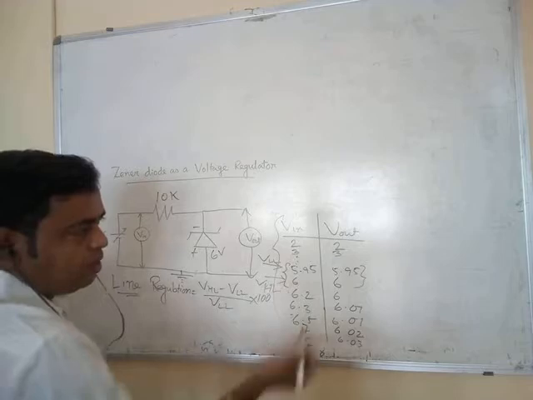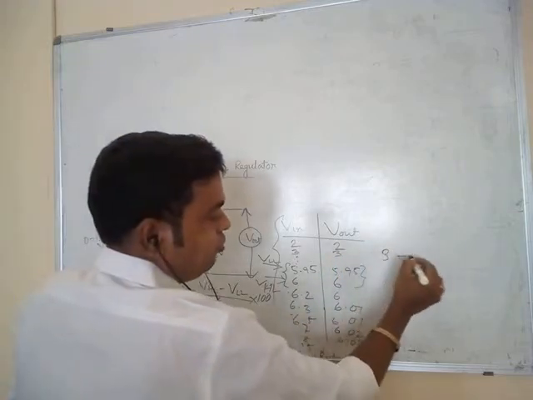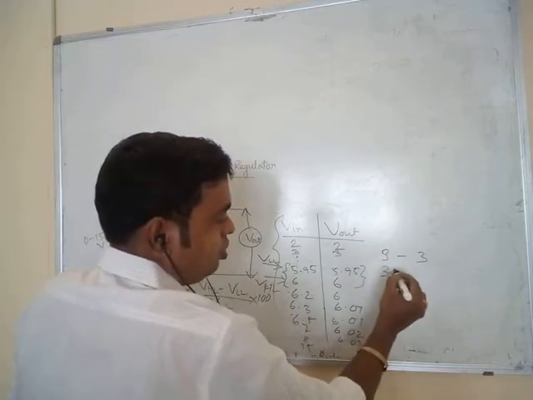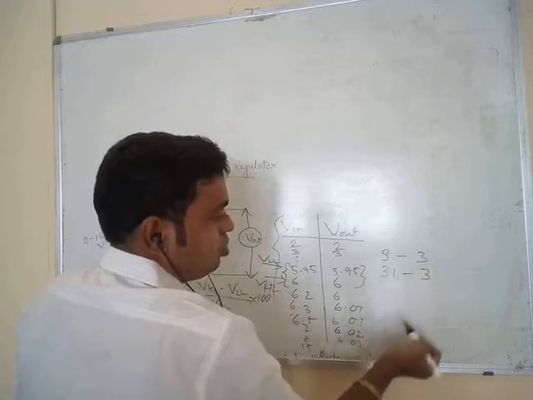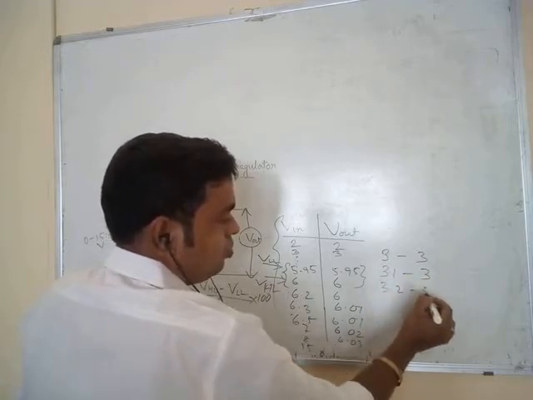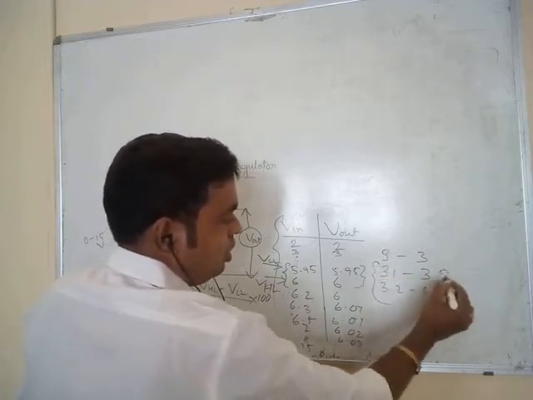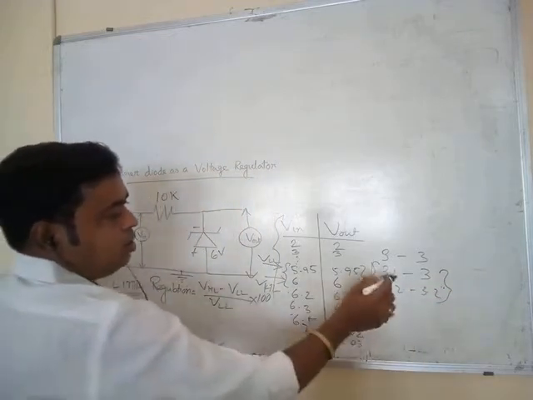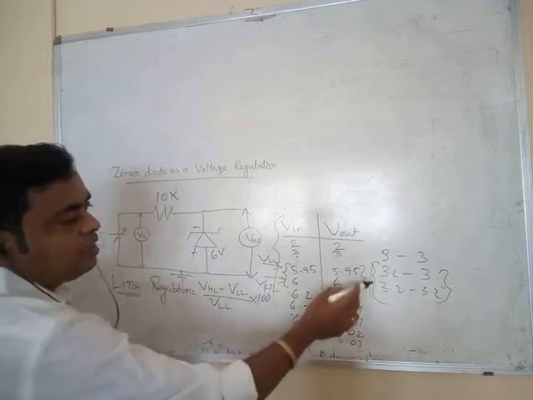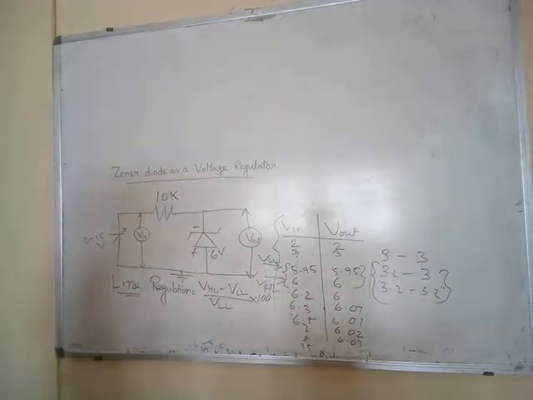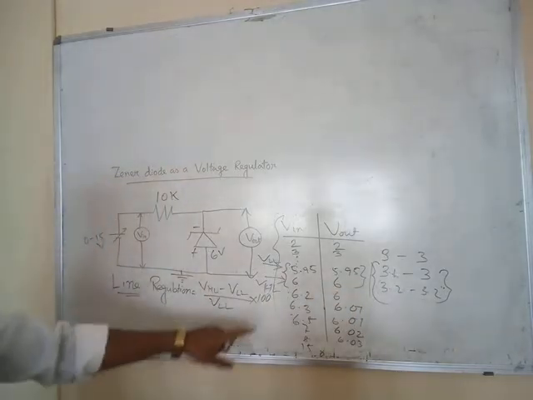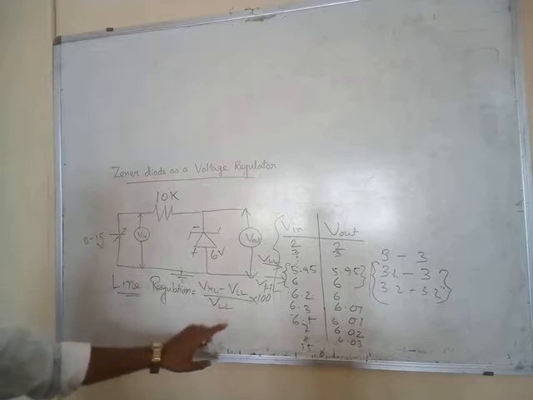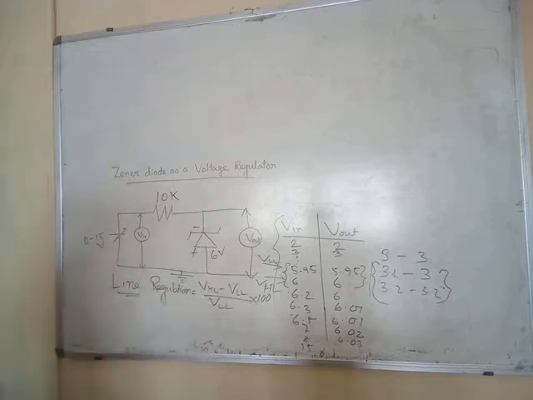You can take, suppose, 3, then 3.1, there is also 3.2. Wherever there is a change in the output, you can take the input value. That is, the first value is VLL and the second value is VHL. We have to calculate from this table by putting in the values. Okay, this is line regulation.